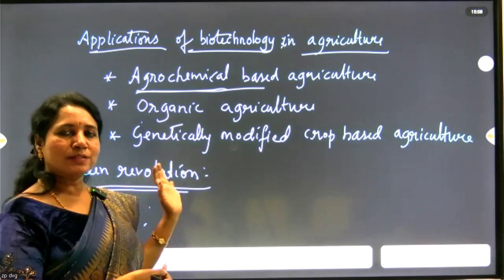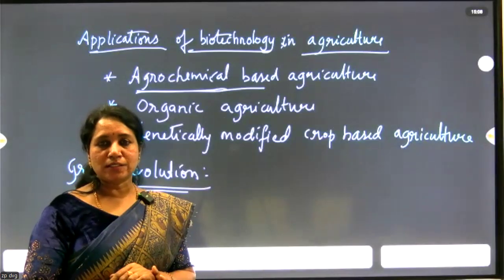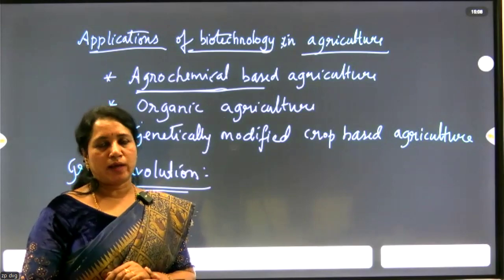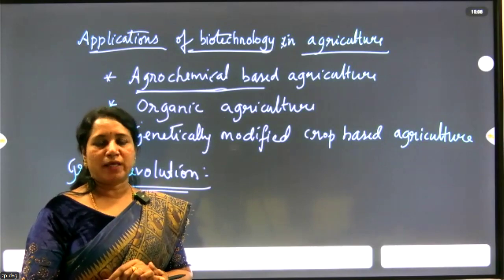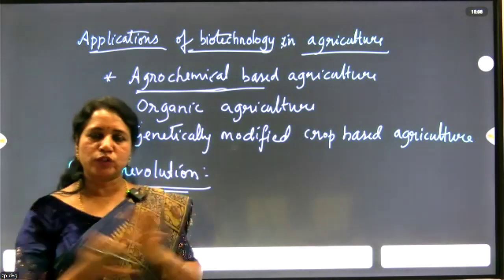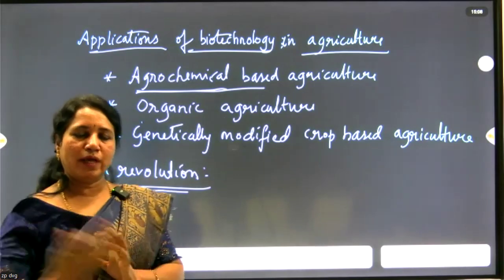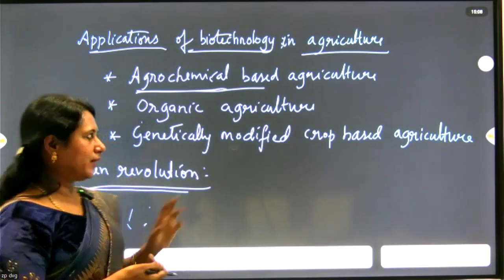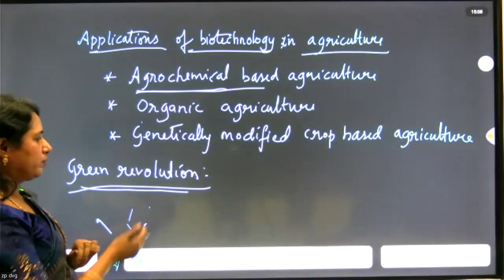What are the impacts? The impacts are increased yield, improved crop varieties, the use of better agricultural practices, and the use of agrochemicals. But still, this was not enough to supply food for the people around the world. So nowadays, because of the shortage of land, more and more diseases and pests, and so many environmental disasters happening, scientists are going with genetically modified crops.